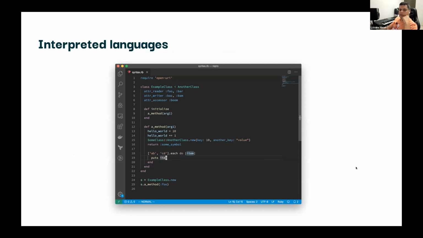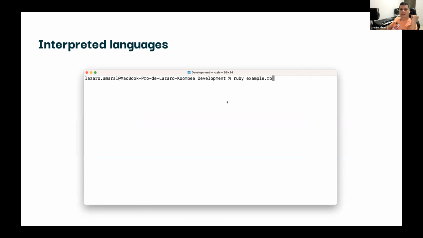And we have the interpreted languages. So usually with interpreted languages, we have a text editor. We don't need an IDE. That is a good thing. So you write your code there, and then you have an interpreter. In this case here, Ruby is the interpreter, and example.rb is the file.